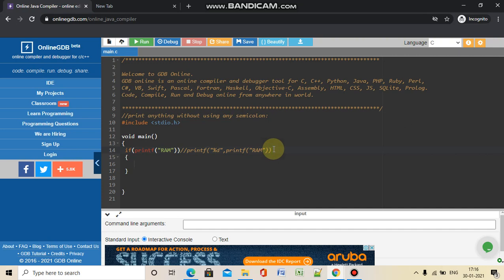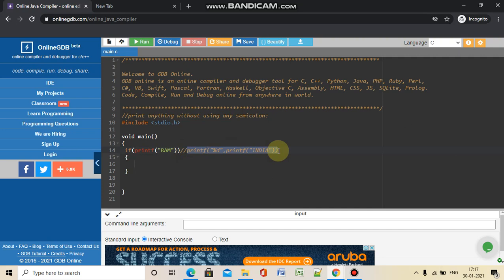The printf function always returns the number of characters that has been printed by it. Like in ram we have three characters, and if we replace it with something else like India, then we have 5 characters. So whenever this line is executed, it will print 5. This idea we are going to use in the if statement.